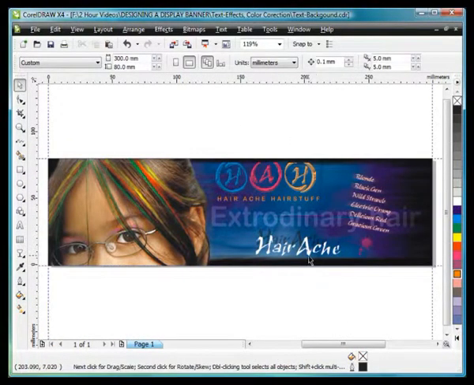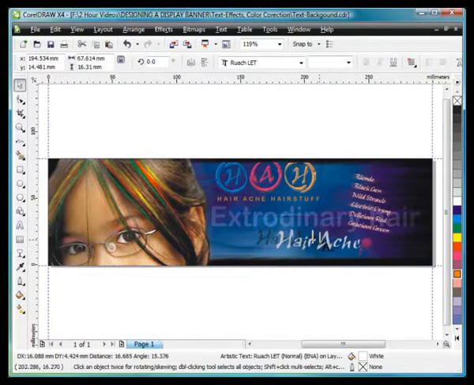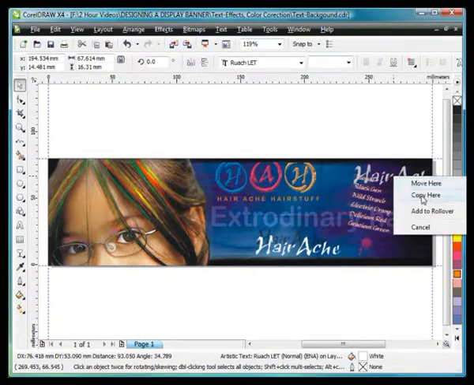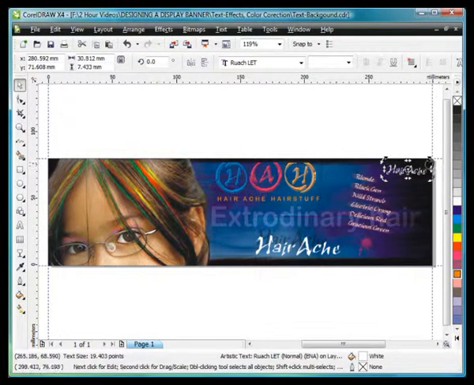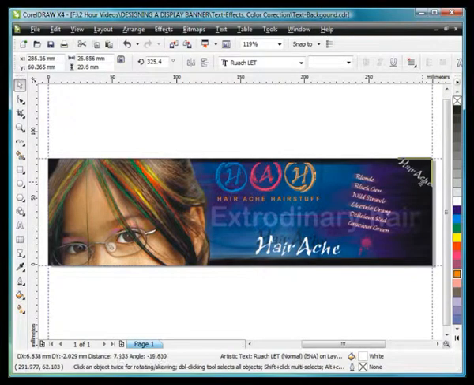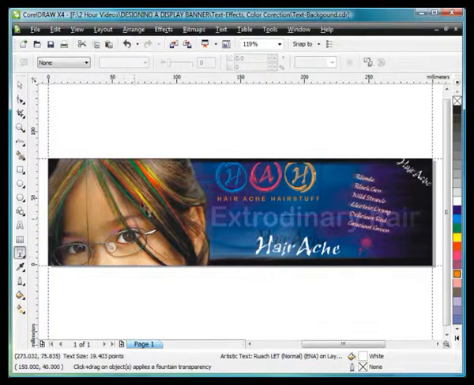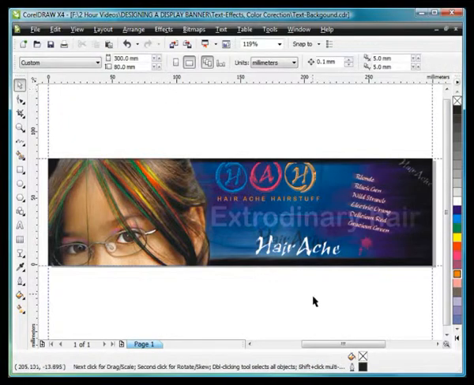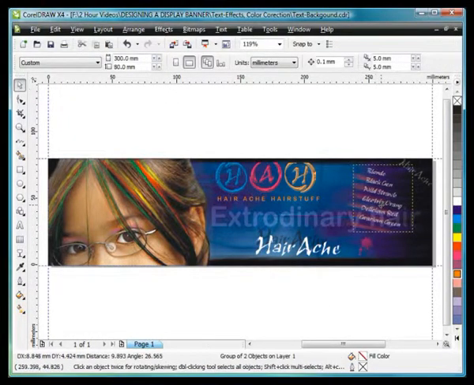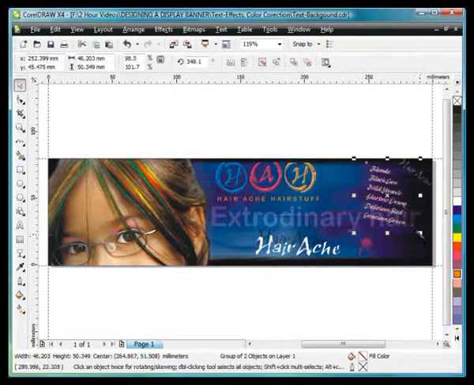I'm going to take this Hairache. And remember, we put it on the business card in the corner. Copy here and do the exact same thing. And rotate. Place that in the corner there like that. And again, transparent, uniform, and we'll go with add. And what do you think? How cool does that look? Pop that back over there a bit, make it a little bit bigger,